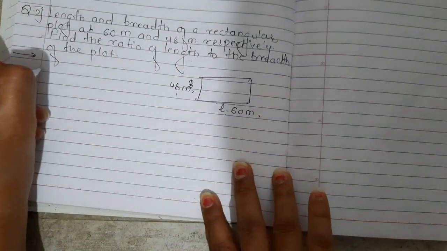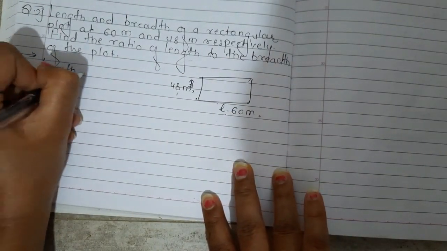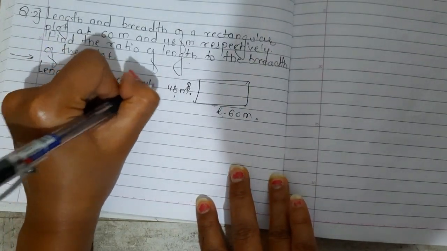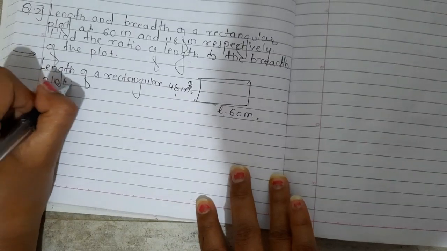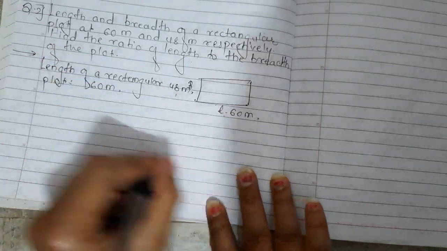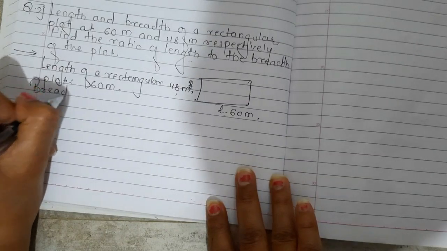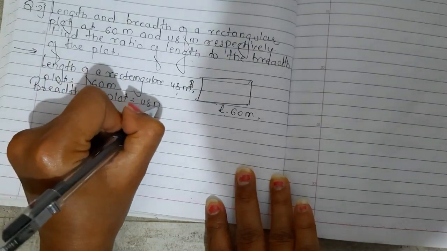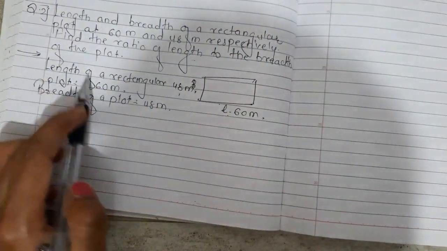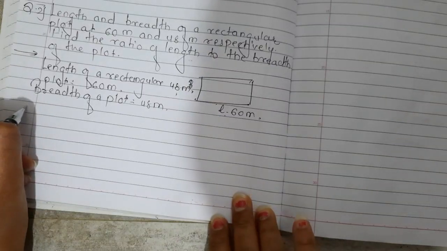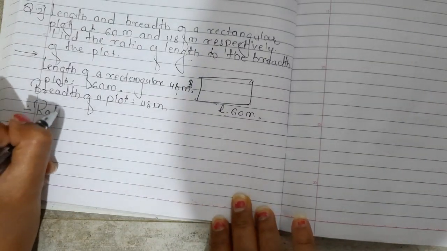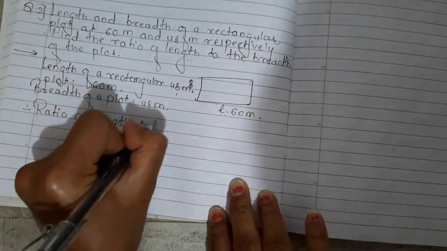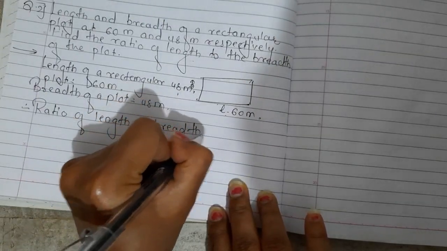So first we will write down the length of a rectangular plot: 60 meters. Similarly, breadth of the plot: 48 meters. We have to find out the ratio of length to breadth. So therefore, ratio of length to breadth of a plot